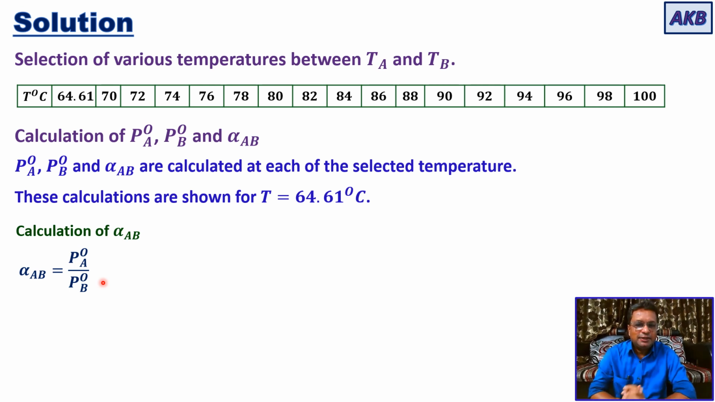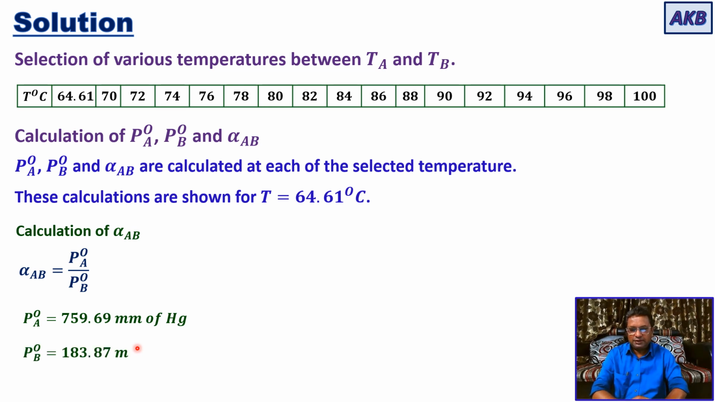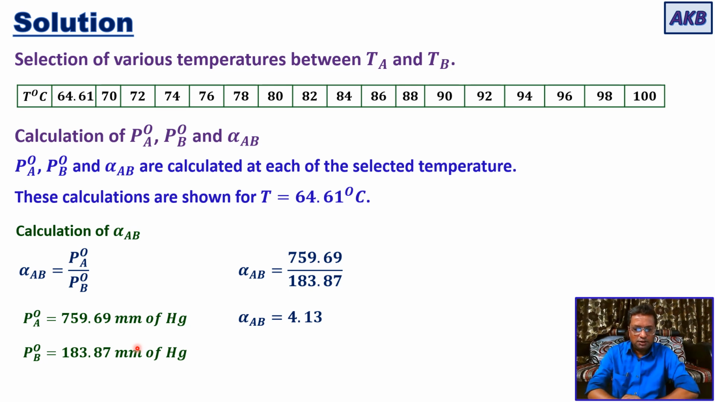This equation is valid if the solution is ideal, and in the beginning we have assumed the solution to be ideal. We calculated PA naught, that is 759.69 mm of Hg. Then we calculated PB naught, it is 183.87 mm of Hg. So you just have to use those two values to get alpha AB. Alpha AB comes out to be 4.13. Okay. So at the temperature of 64.61 degrees Celsius, we have calculated PA naught,